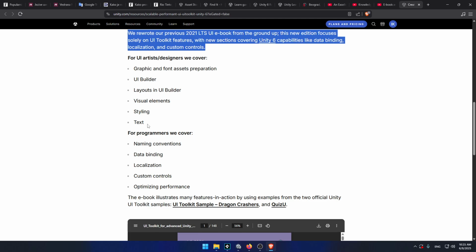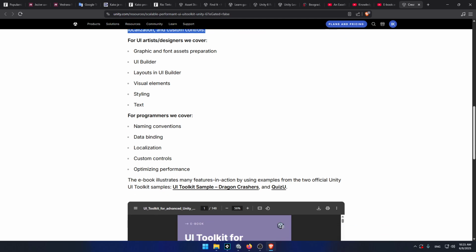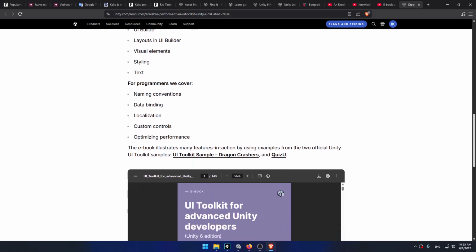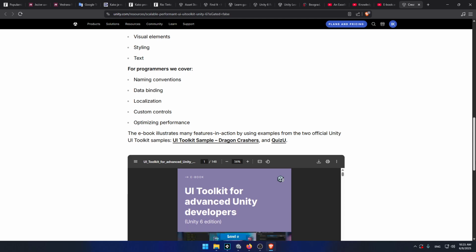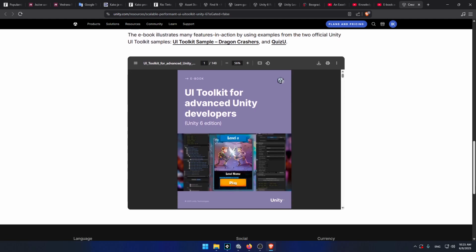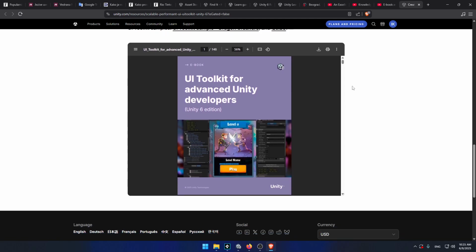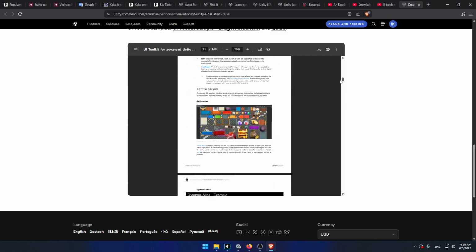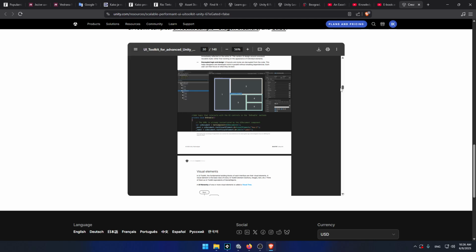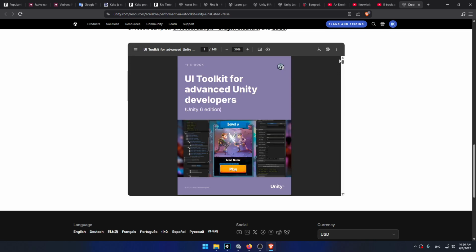For UI artists, they cover graphic and font asset preparation, UI Builder, layouts in UI Builder, visual elements, and styling text. For programmers, they cover naming conventions, data binding, localization, custom controls, and optimizing performance. Nice, great stuff, and you can preview it by scrolling down the book itself on the site,